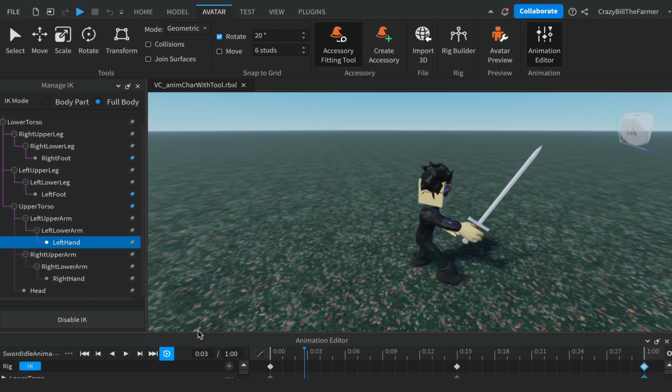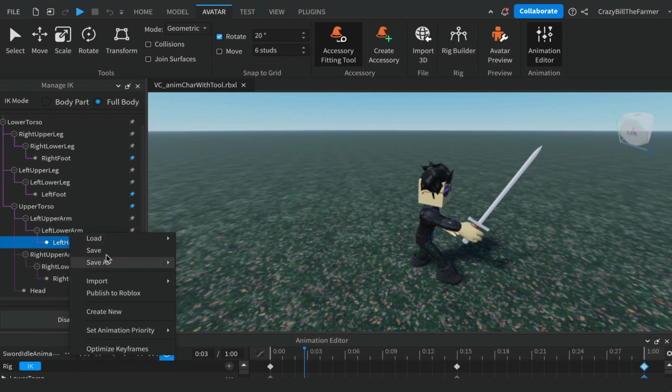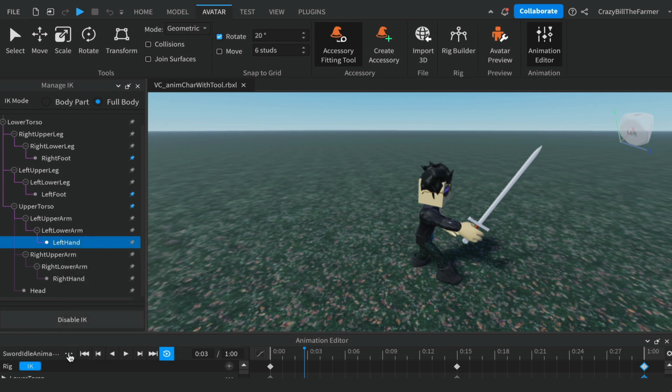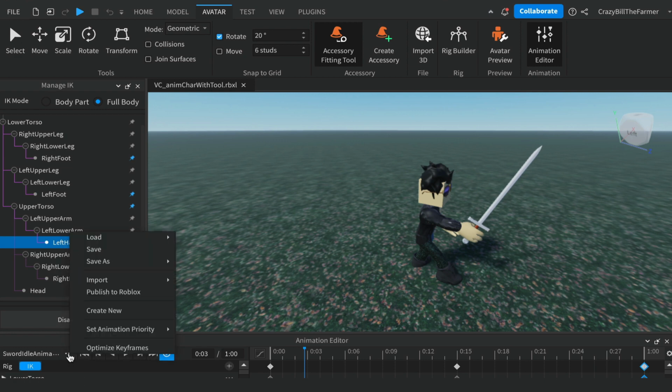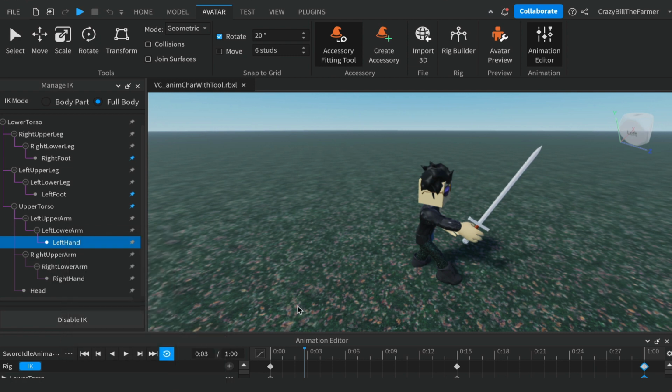We do want to leave the loop on, and we're going to come over to the 3 dots for a start and click on Save for a start. So Save, click on the 3 dots again, and we're going to set the animation priority. So come down to Set Animation Priority, and you have a choice down here of all of these, and we're going to set this to be idle for the time being. So click on Idle to set its priority,